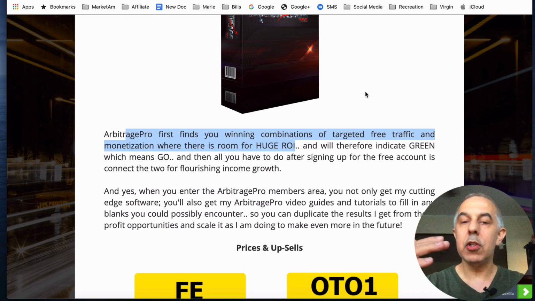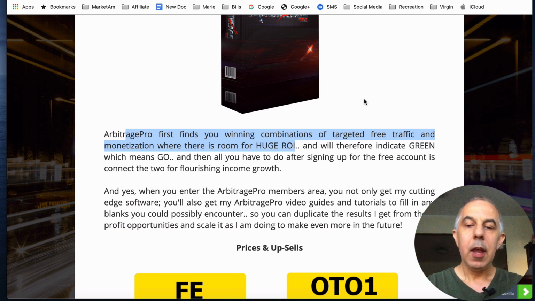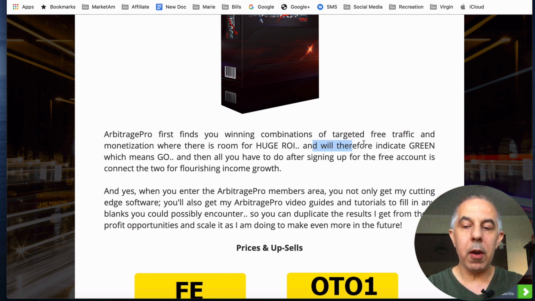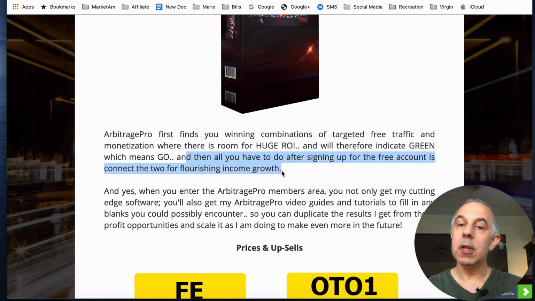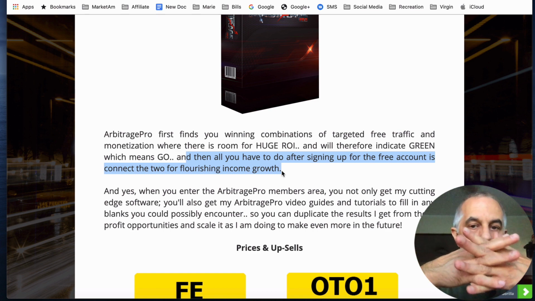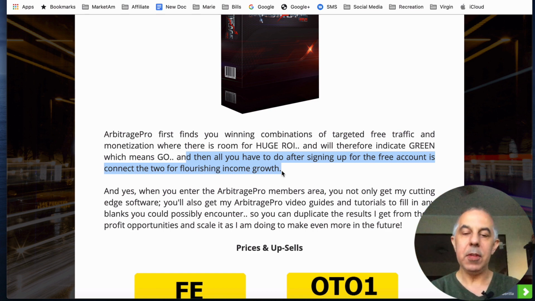They're searching, and the software here will find those people doing the searching. When there is a green, which means go, all you do is sign up for that free account, connect the account and the traffic, put them together, and bam, you've got it.